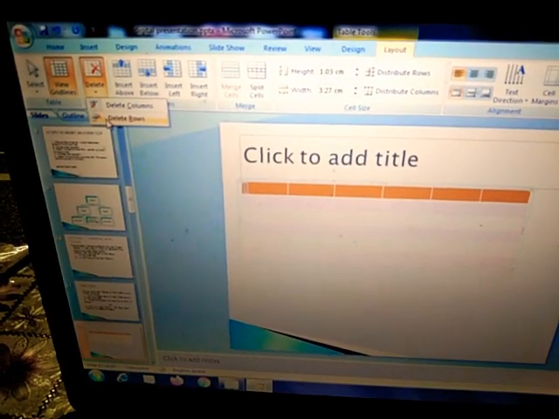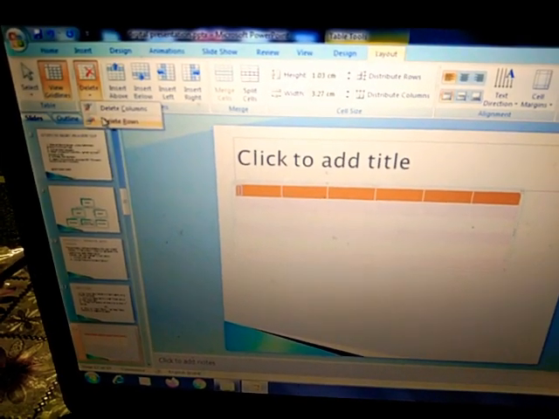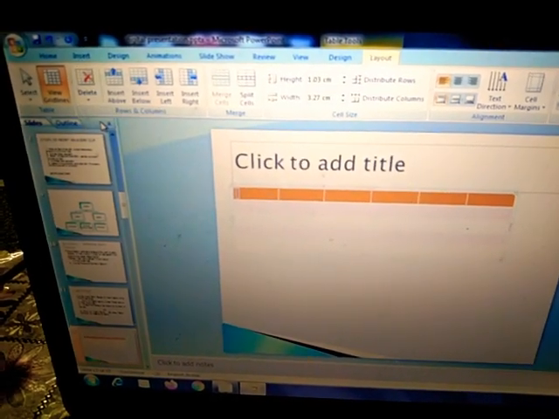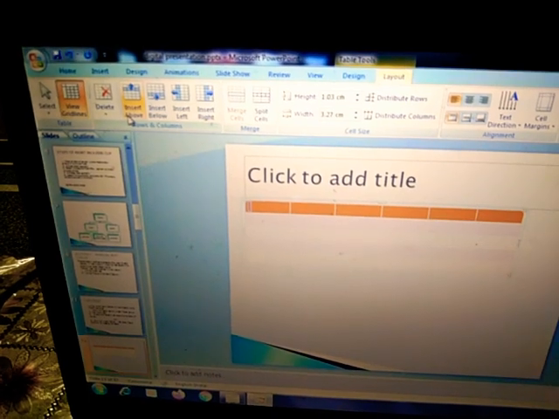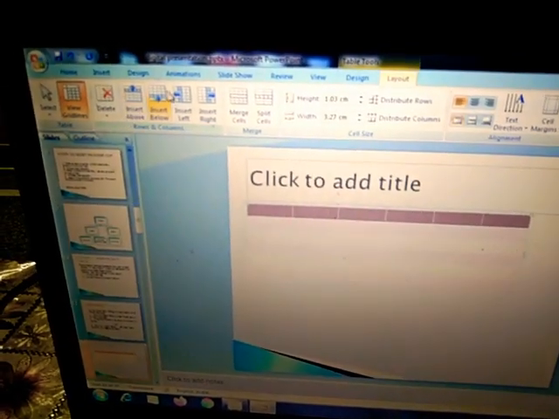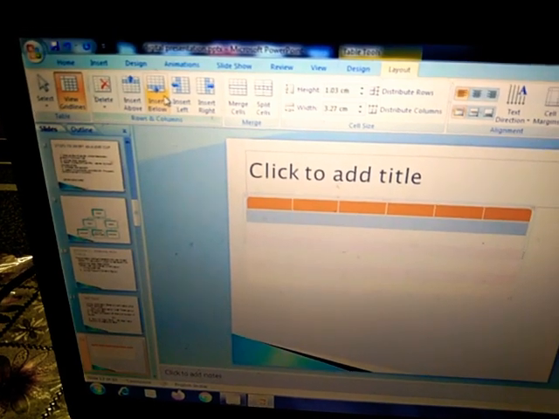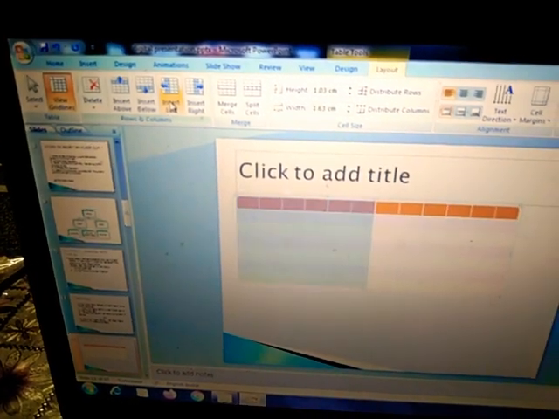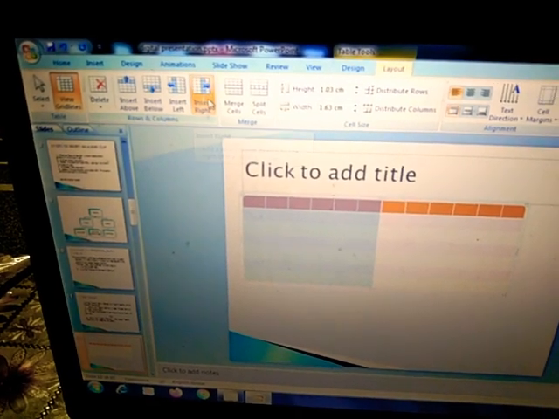The row we have selected, that row will be deleted. Done. Next is Insert Above, Insert Below, which will insert a row just before or after the selected row, and then Insert Left or Insert Right.